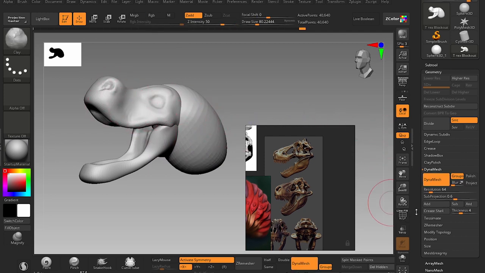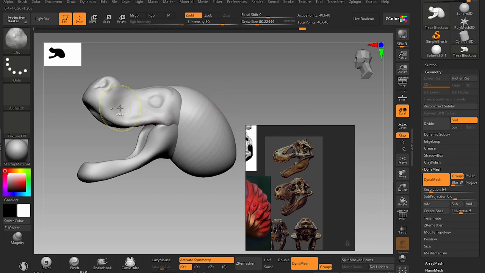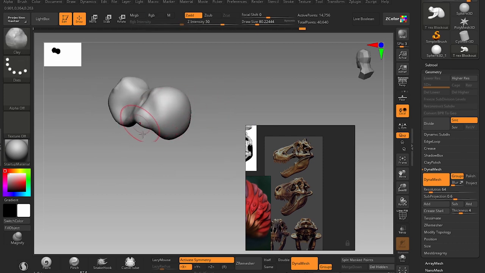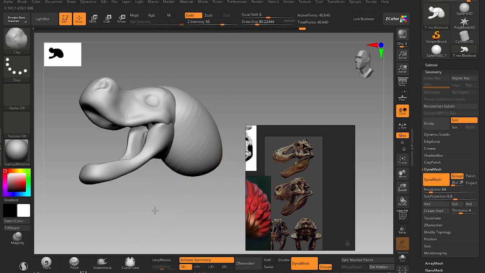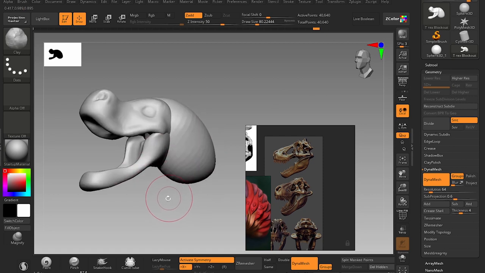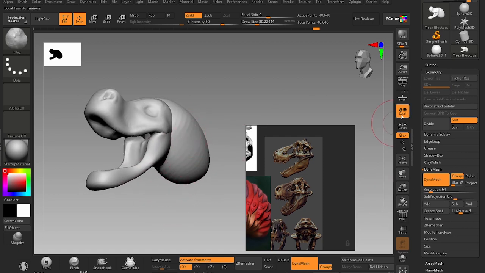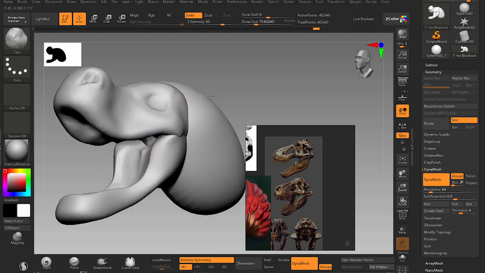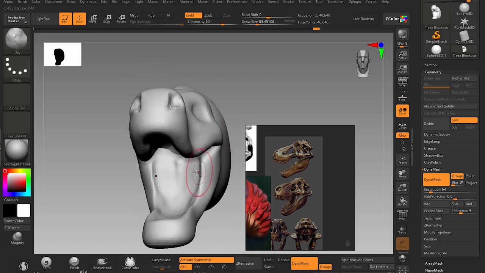If you hold Control Shift, you can hide, and you can see these meshes haven't been merged together. It is Control Shift and click to hide and make visible, and Control Shift tap to make all these subtools visible. So I have dynamesh at 64 resolution, and I will just smooth this part and this part, and carve out the jaw